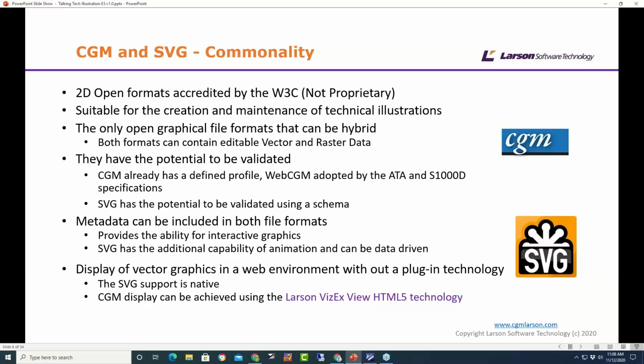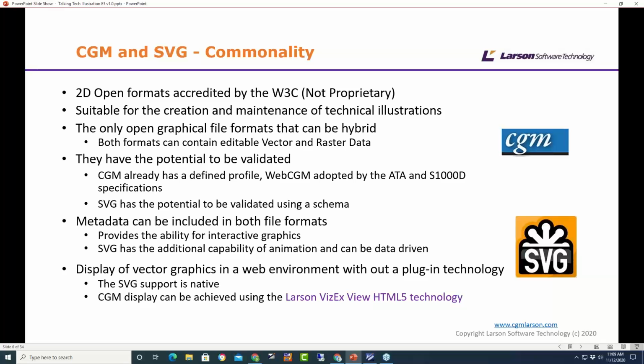So you have a hybrid format, and both formats are capable of doing that. They both have the potential to be validated. In other words, if you work to a particular specification, if the company's got the right tools, they can validate it against a set of rules. So CGM can be done with very specific tools, but SVG, we'll talk about that in more detail later, is based on XML.